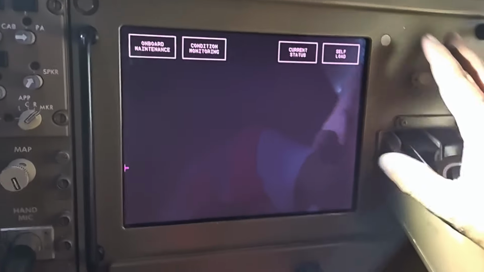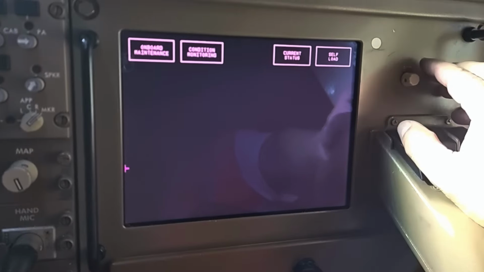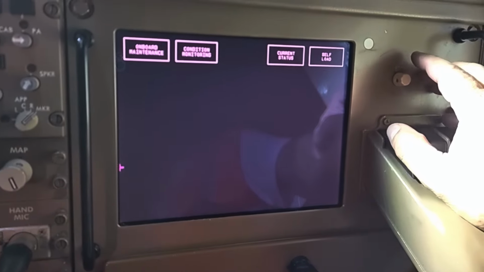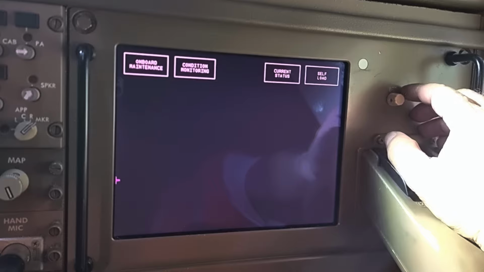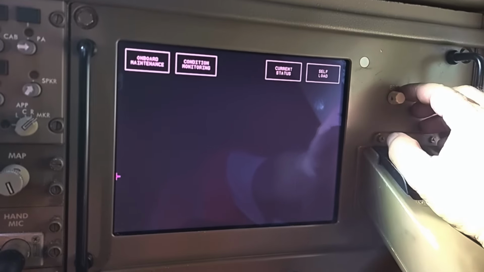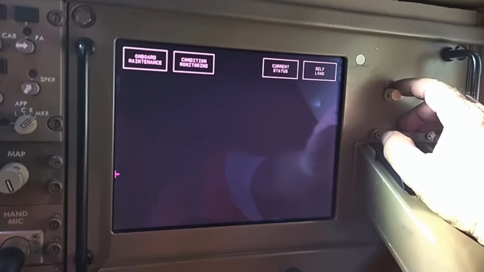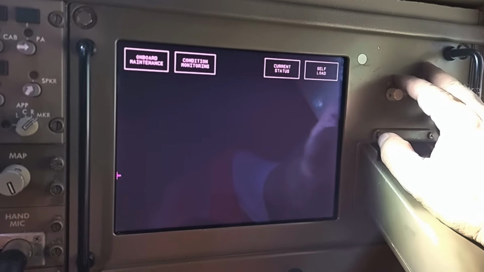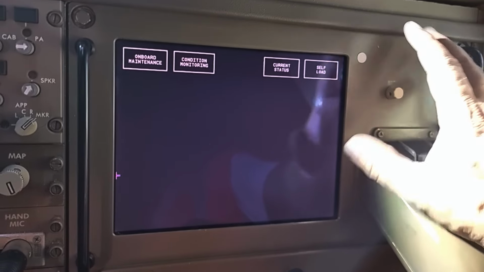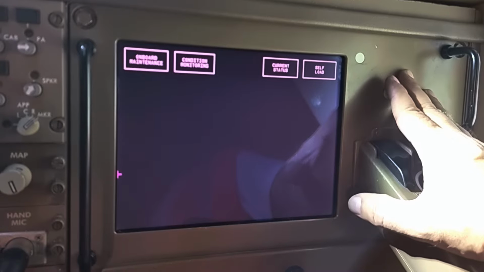So on board, this is the maintenance access terminal. We come here when we have some problem on the status page, or some message, or otherwise we want to check some reports. So what are the maintenance messages related to that? We want to do some ground test. For that purpose, we come to the maintenance access terminal.